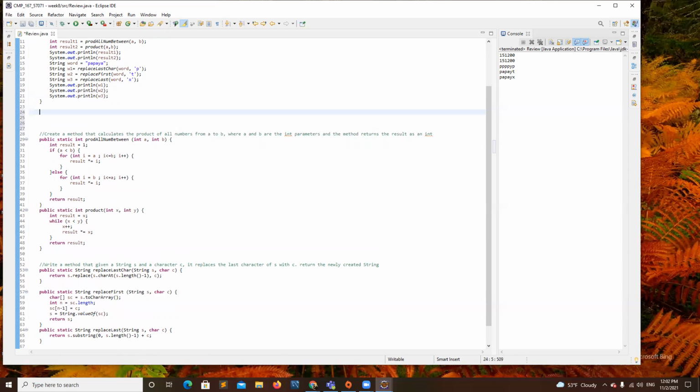Let's start a new project, and this one is going to be: write a method that will translate online slangs, like LOL and YOLO, etc. Or oh my gosh.